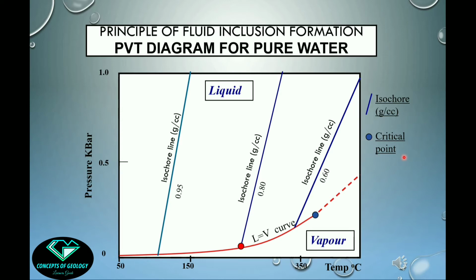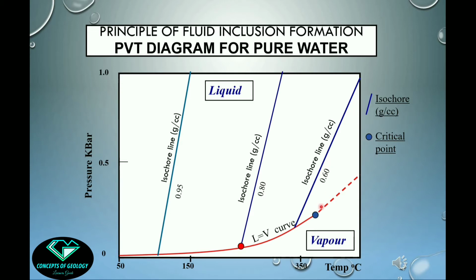Clearly, with changing the pressure temperature condition of the inclusion, only the volume of the inclusion is getting changed. The mass is remaining the same. So although the term volume is not clearly mentioned on this diagram, it is conceived into it. That's why this diagram is called pressure volume temperature diagram.